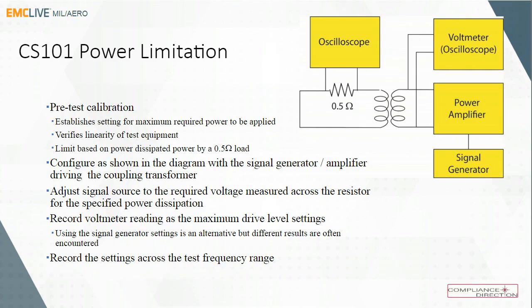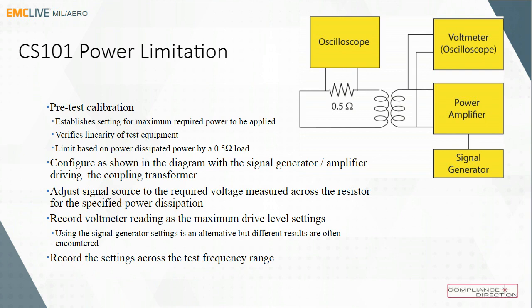Well, let's swing over to some susceptibility calibrations. And these calibrations are more or less setting the forward power, even though some of the equipment is checked, because, in order to overcome losses, etc., we'll adjust our calibration levels. It establishes setting for the maximum power to be recorded, and it also verifies the linearity of the test equipment. The limit is based on a power dissipated by a half-ohm load, so that's the established de facto standard for